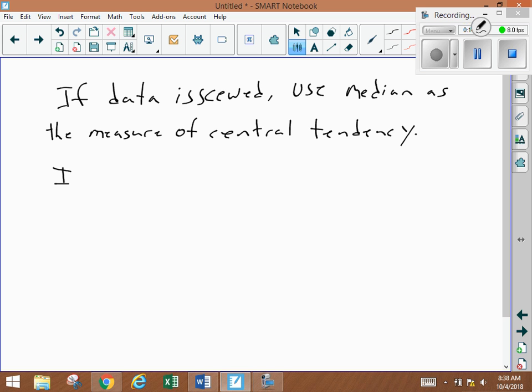If data is symmetric, use mean. So for instance, if I wanted to see what kind of was an average or a typical score on